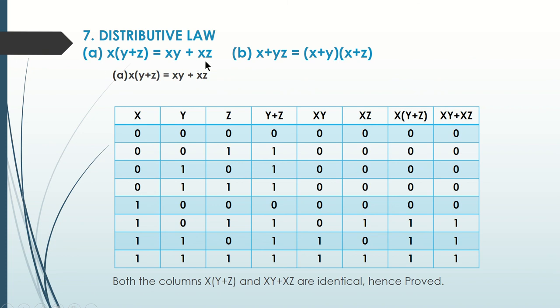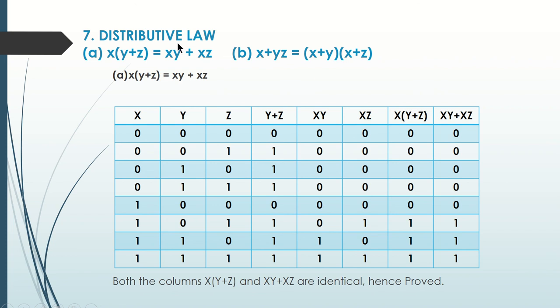Now to this particular statement, apply the principle of duality. Here x of means x multiplied by, so now you are replacing it, and you will get x plus y plus z. Now plus should be replaced with the dot. So it will become x plus yz is equal to, here it is x multiplied by y, so that should be replaced with x plus y, an AND operation with the OR operation. Again there is a plus, and where there is no operator, it means there is a dot operator. And then xz should be written as x plus z.